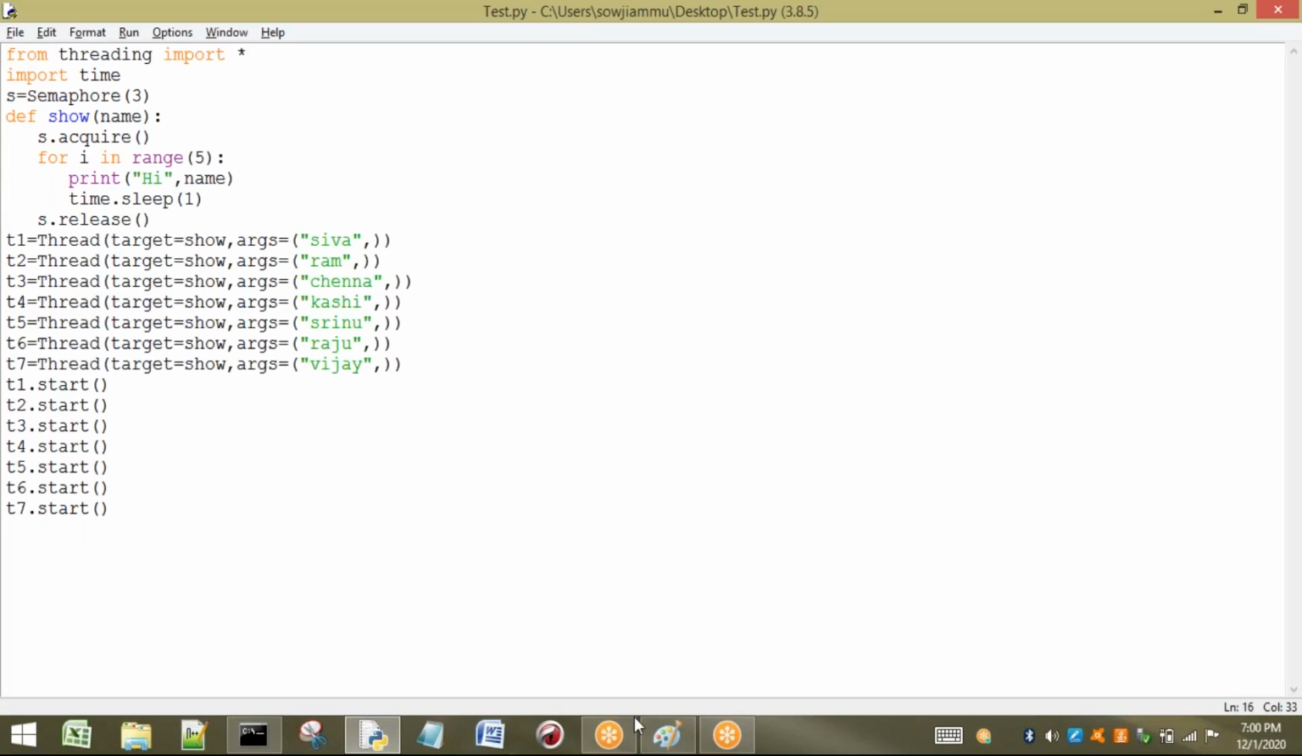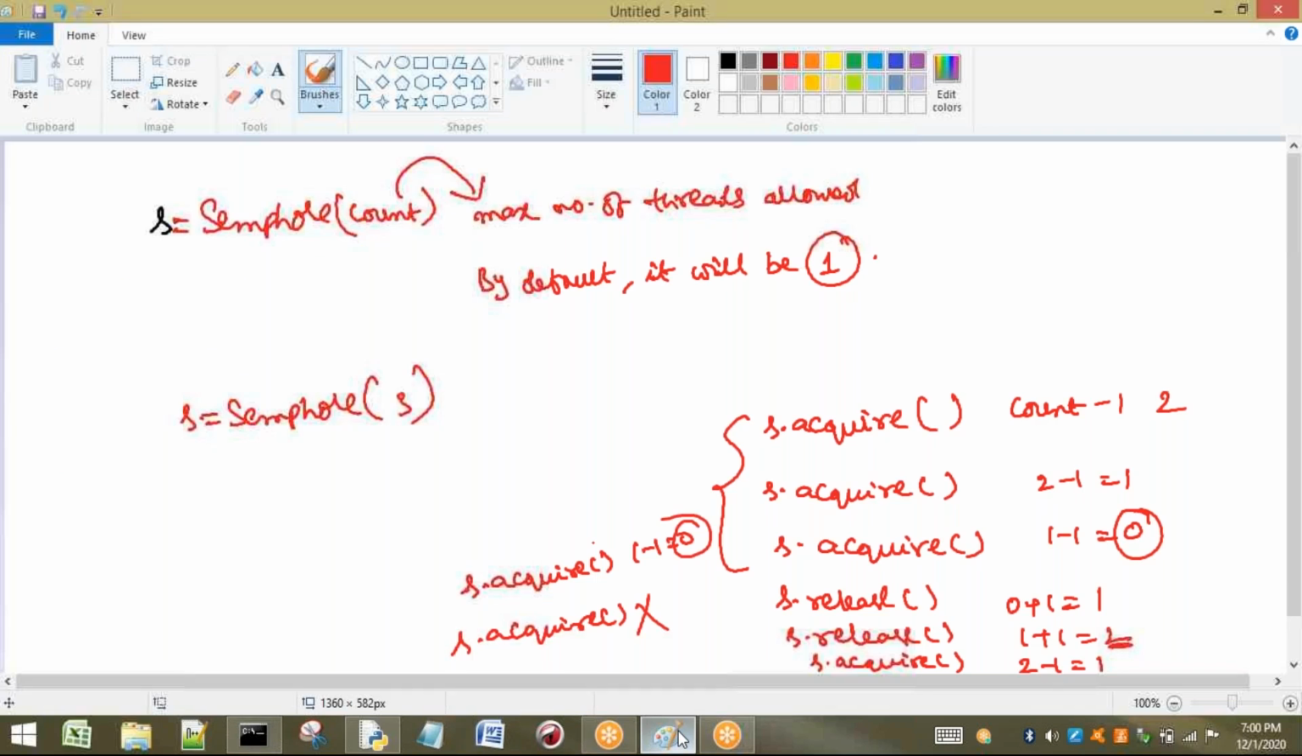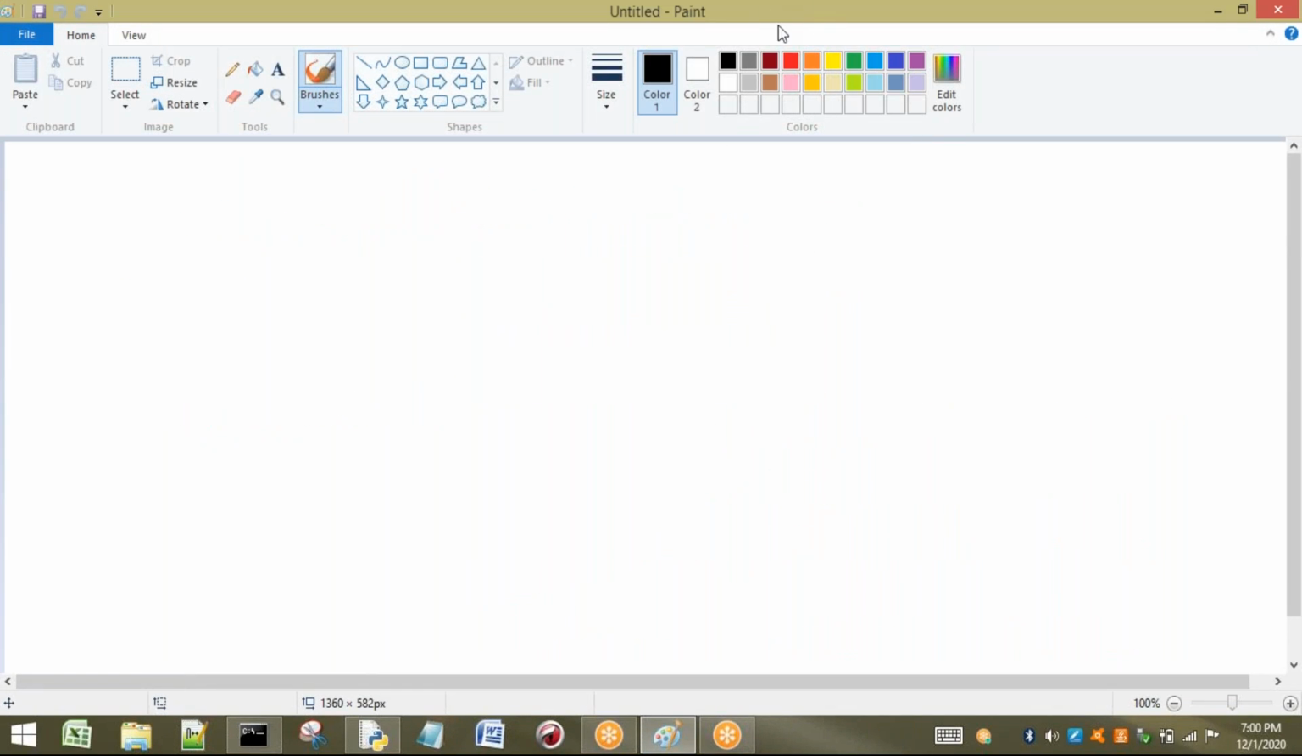Internally, what concept does it use? It uses our Lock and RLock concept only. Sorry, not RLock. It uses the Lock concept only. It is not using RLock. So internally semaphore is using the Lock concept. Here one point we have to understand: we can write